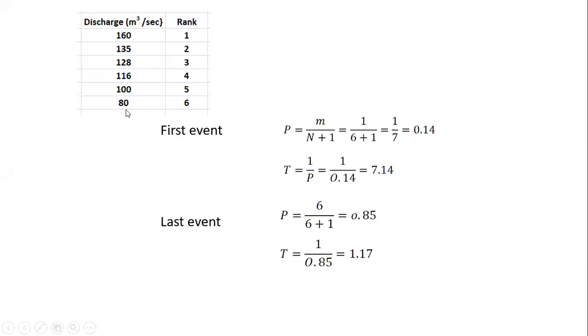म्हणजेच कमीत कमी मॅग्निट्यूड असणारा डिस्चार्ज हा साधारणतः दरवर्षी किंवा 1 वर्षाआड कंपल्सरी त्या रिव्हर बेसिन मध्ये येणार आहे. परंतु जो मॅक्झिमम फ्लड आहे दिलेल्या डाटा प्रमाणे त्याचा जो प्रोबॅबिलिटी ऑफ ऑकरन्स आहे, that is 0.14 out of 1, it is going to occur after 7 years. जर का आपण टाइमिंग इयर मध्ये पकडलं तर 7.14 वर्षांनी तो येऊ शकतो, परंतु कमीचा कधी आहे, दर 1.17 years. This is nothing but the probability distribution.